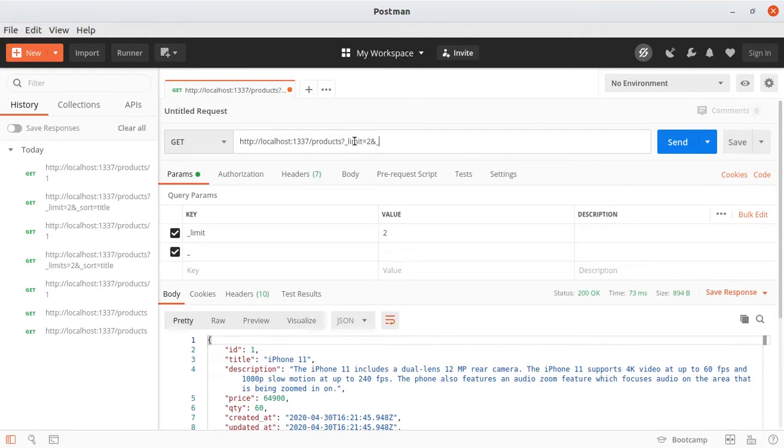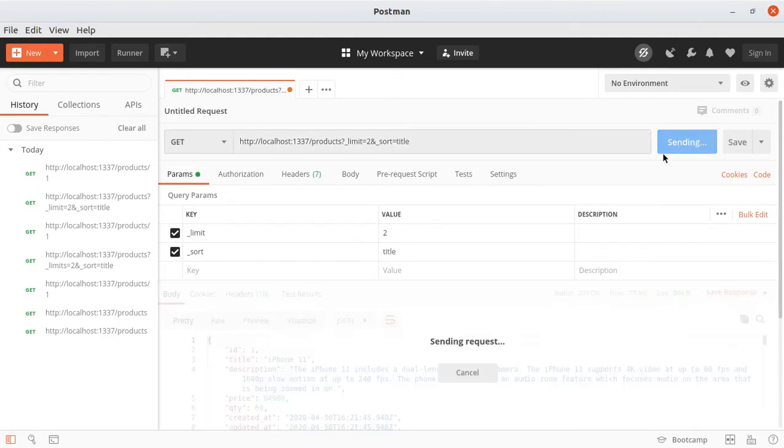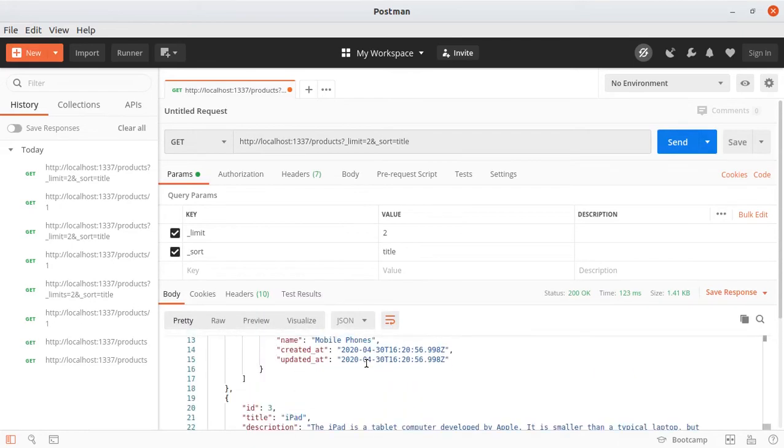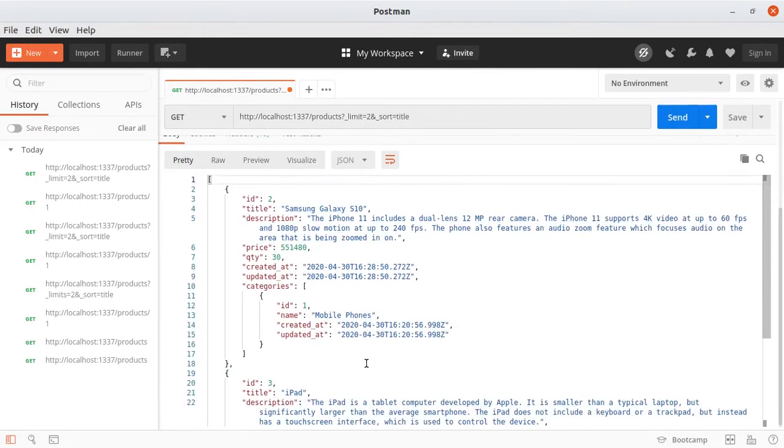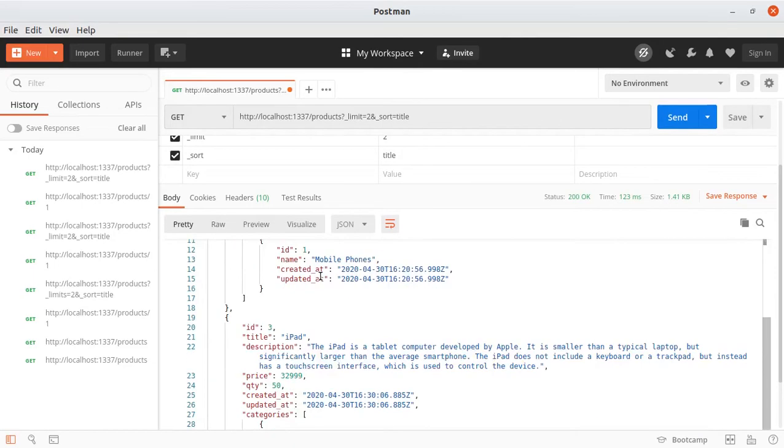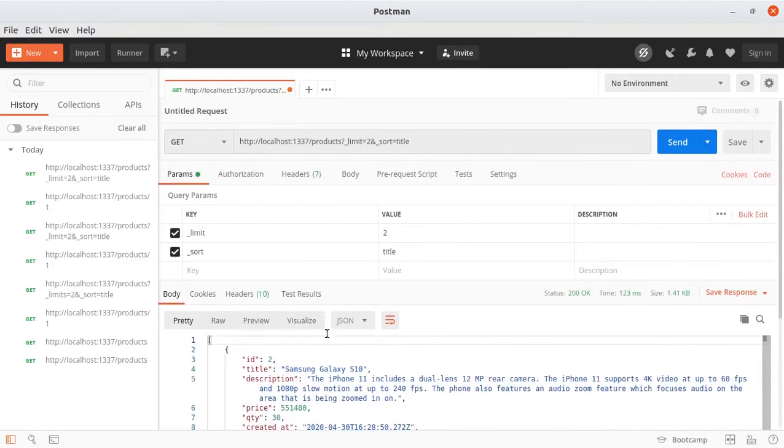Let's set it to limit 2, and then let's do ampersand and underscore sort, and we will set that to title. So if we run that, you will see that we only get 2 products back in the response, and they are sorted by title. So by default, right out of the box, you have stuff like this, and you can look in the documentation for other query parameters.